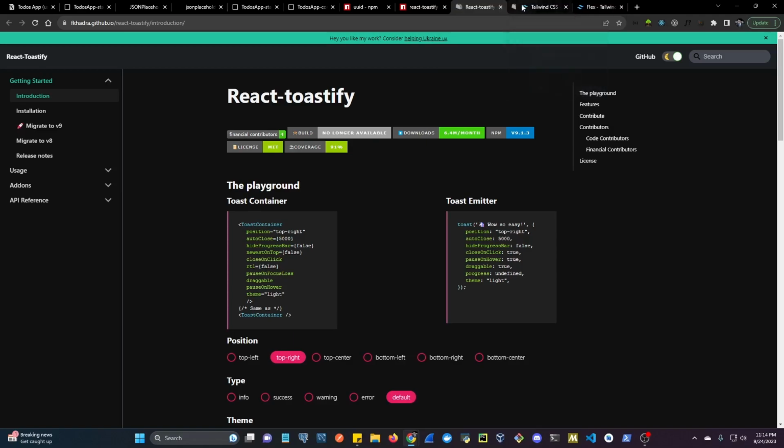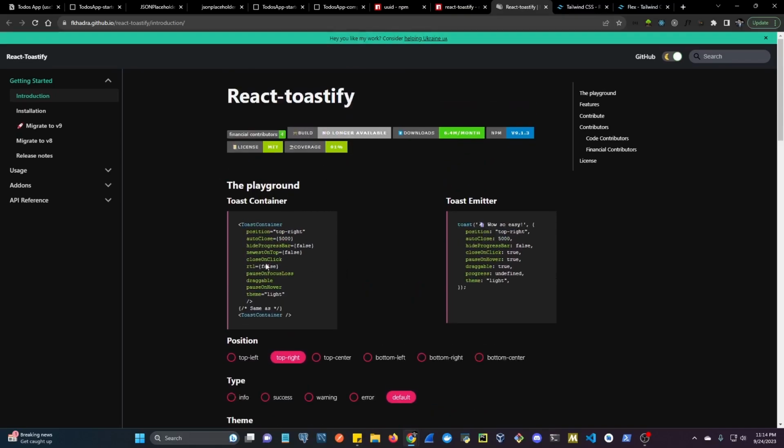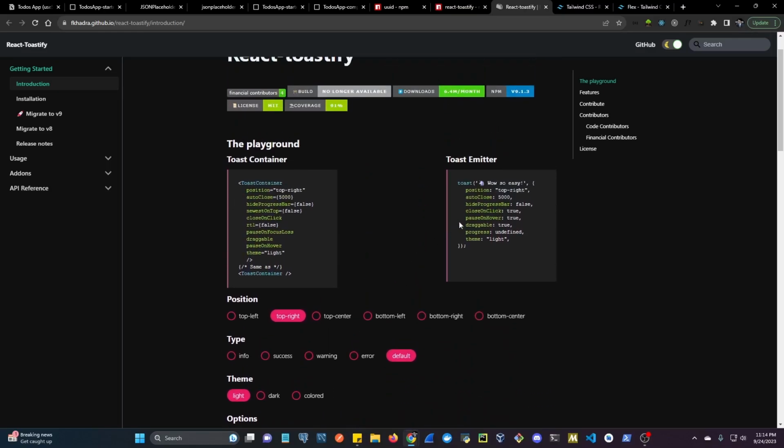So in this website, this is the same website, there's a nice friendly menu that you can create different notifications. So here you can change the position, the type, the theme, and then more options here at the bottom. So this is a sample one here, which we call toast. We pass in some emoji and some text, and then this is the options object, which